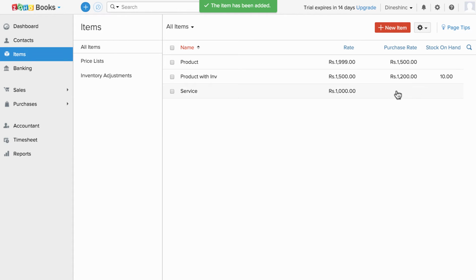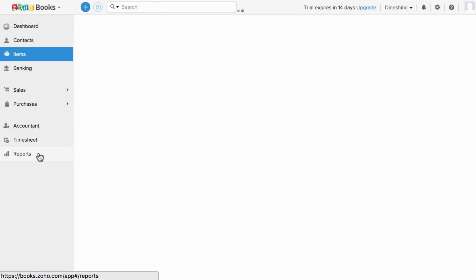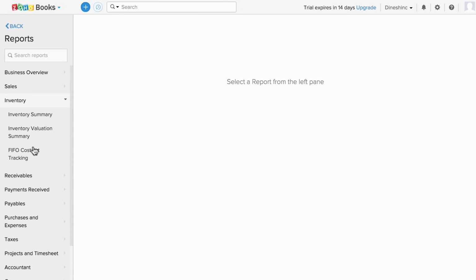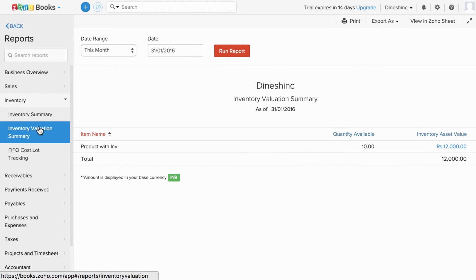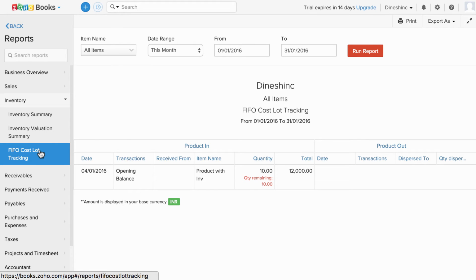Now, since I've added the stock in hand as 10, this particular product shows stock in hand as 10. We have a dedicated inventory report which will give you a clear picture of how the product came in and how the product is being sold. Go to reports and you will have something called inventory. Inventory summary will give you the product name and then the quantity in, quantity out, and what is the quantity available. Inventory valuation summary will give you the inventory asset value, and FIFO cost lot tracking will tell you how